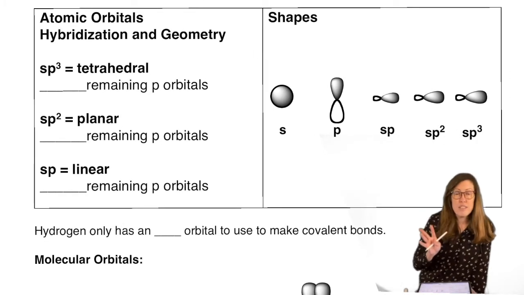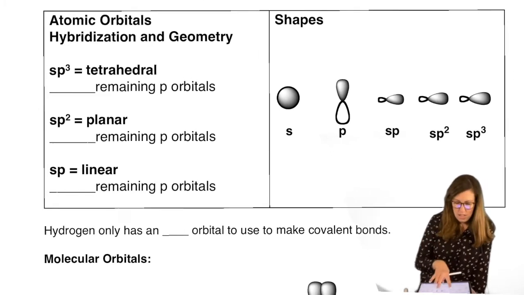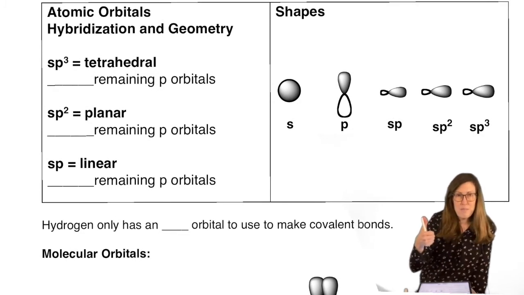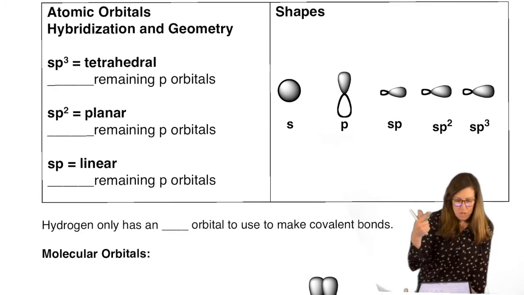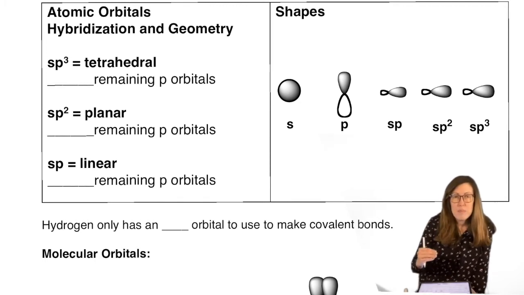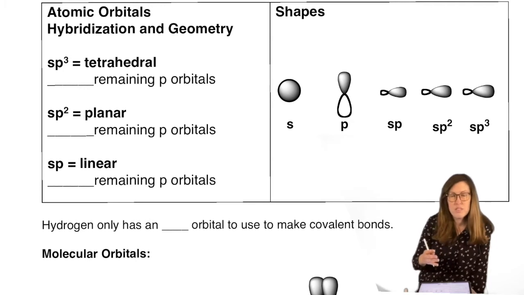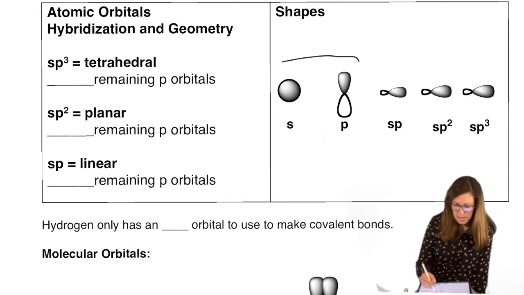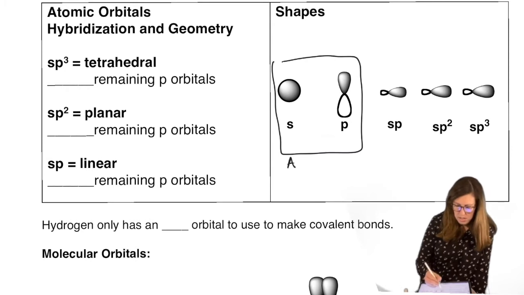So what are our options? Our options are the following: sp3 for a hybrid orbital, sp2, sp. What does that even mean? Well, taking it back even a step further, before the bond is made, you have atomic orbitals, so-called pure orbitals, not hybridized, in other words. Not hybridized, not mixed. So these are our atomic orbitals, s or p. Atomic orbitals. Sometimes you'll see those abbreviated AOs.